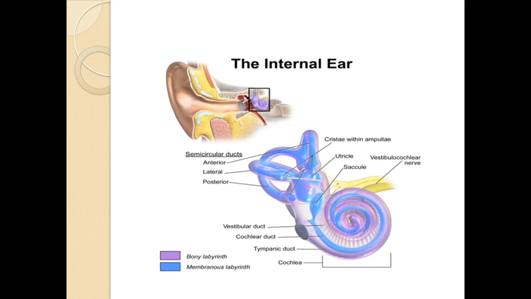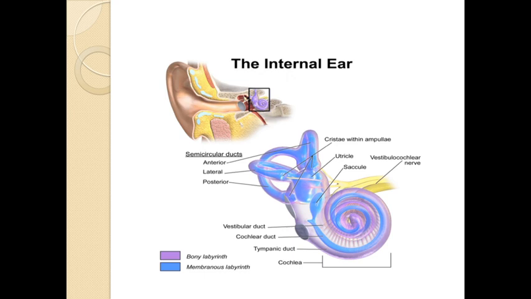Then when the internal ear is considered, this is also found within the temporal bone. So actually the temporal bone has been carved in order to have this internal ear. The internal ear is a network of fluid filled membranes, and the shapes of these membranes are identical to the bony carvings of the temporal bone, which means the shape of the carving of the bone is identical to the shape of the membrane. So in the internal ear we can find two portions, a bony portion and a membranous portion. The bony portion is called the bony labyrinth, and the membranous portion is called the membranous labyrinth.